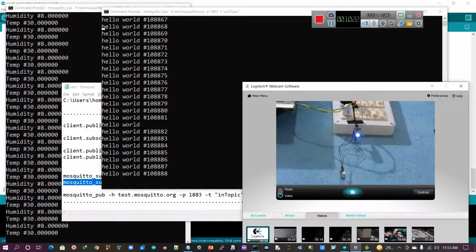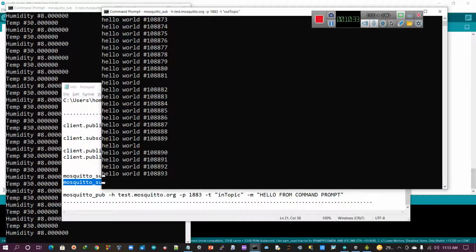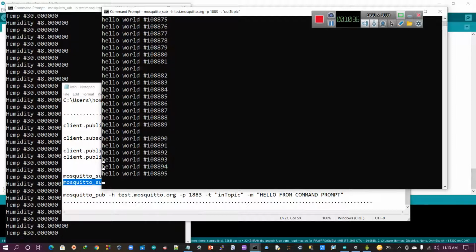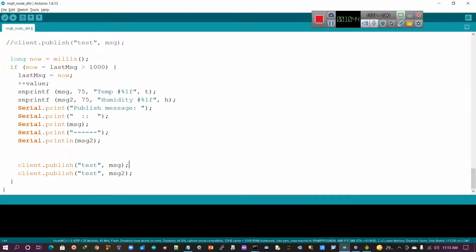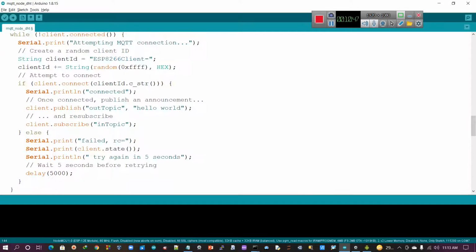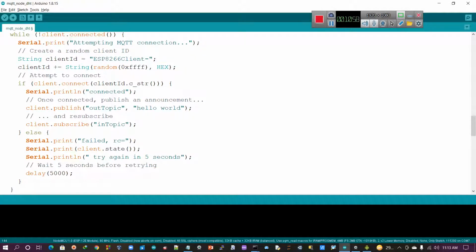Yes, you can visualize the hello world here. So how is it possible? That NodeMCU is here. Once again, guys, just look at the program. If my NodeMCU is connected to the laptop, then it is very simple to visualize everything on the serial monitor. But it is a separate unit, that's why it is tough to visualize everything. But see here, in the reconnect I have the out topic and in topic. So whenever reconnect is executed, we can visualize this one. No problem, you have the idea about this.